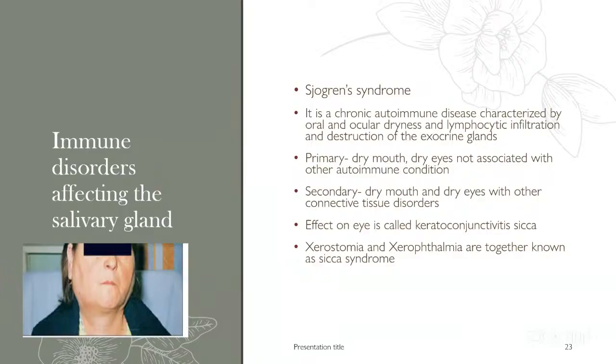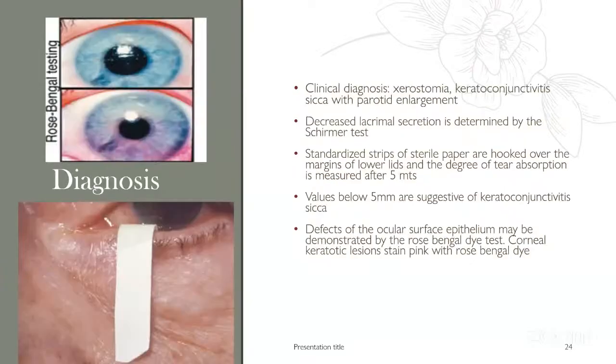So the effect on the eye is called keratoconjunctivitis sicca, and xerostomia and xerophthalmia together is known as Sicca syndrome. So clinical diagnosis: xerostomia and dry eyes along with parotid enlargement. And there are some tests to identify the decreased lacrimal secretions, which is called the Schirmer test, where you